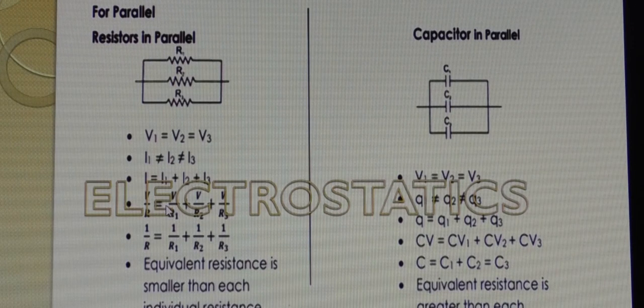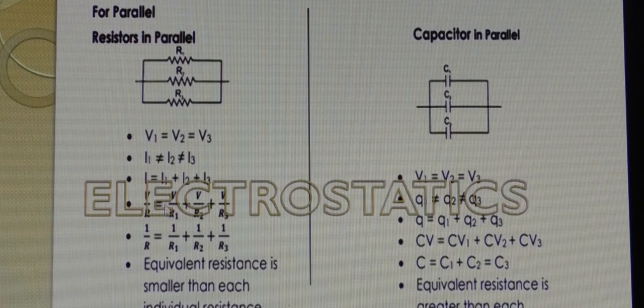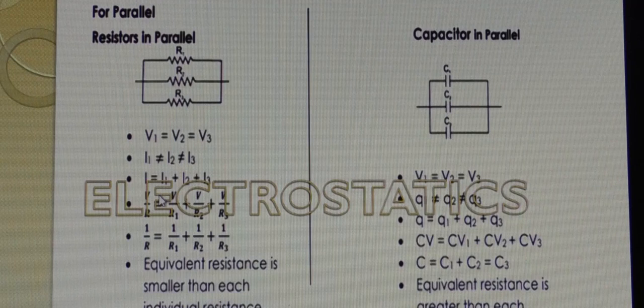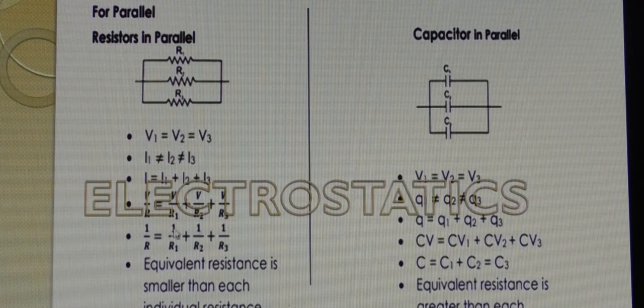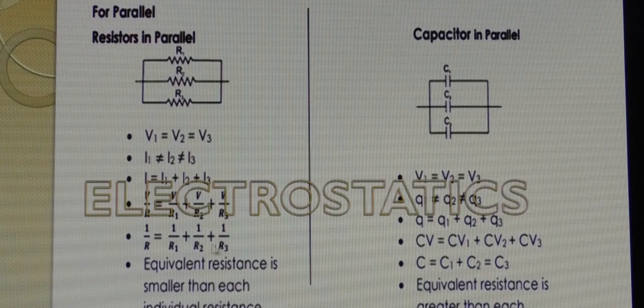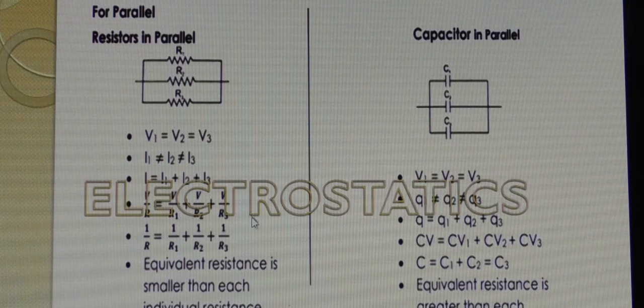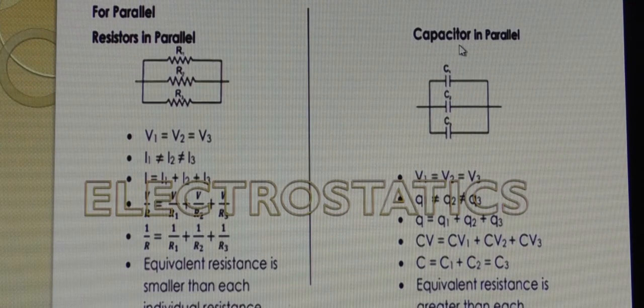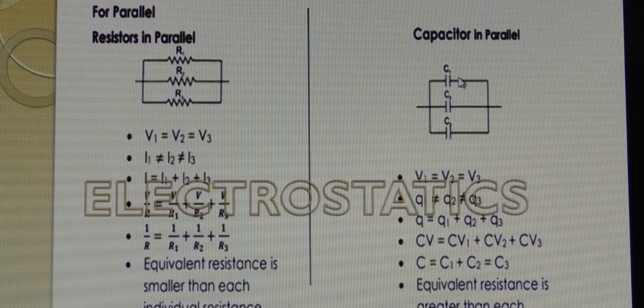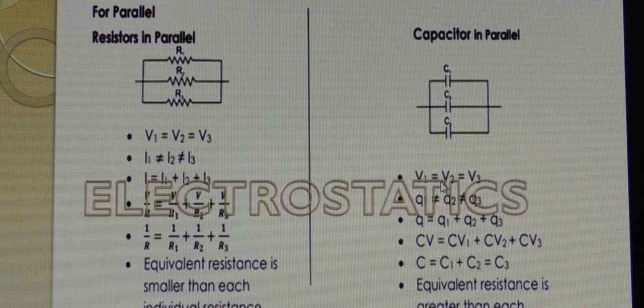So again we have to take this V common. So this V would be cancelled with this V. What would be left behind? 1 over R is equal to 1 over R1 plus 1 over R2 plus 1 over R3. So equivalent resistance is smaller than each individual resistance. Similarly, capacitors in parallel, C1, C2, C3, when these are connected in parallel, again I told you that voltage would be the same,